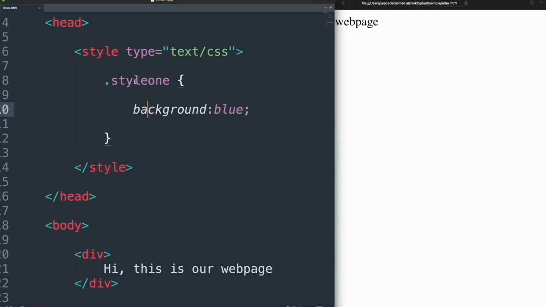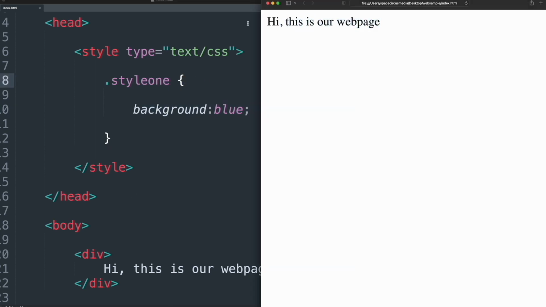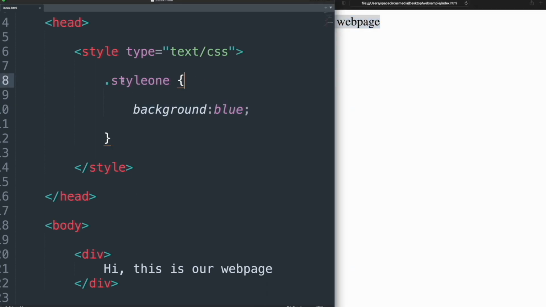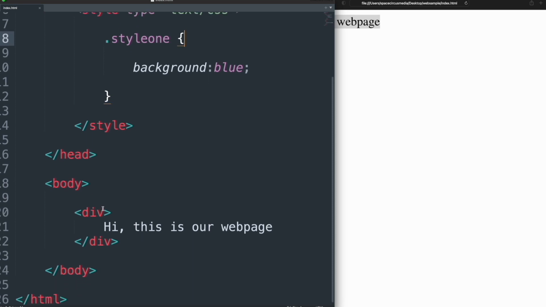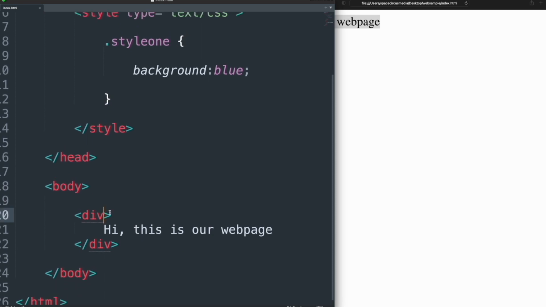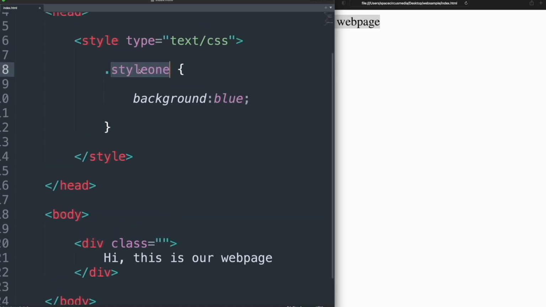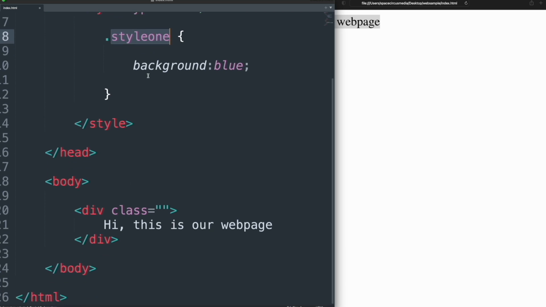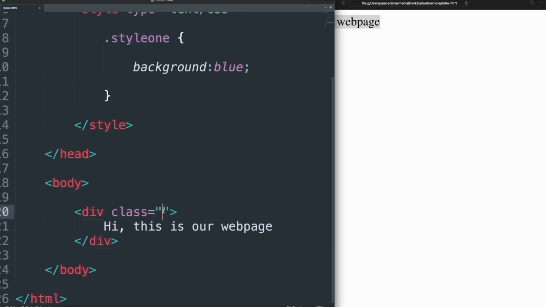Now, how do we make this style 1 with the blue background connect to this information? What we do is within the div elements, we write class equals, and these are quotations, class equals quote, and then we add the name. We come up here, we grab the name of this class. I'm going to copy it, or we can come back in here and type it, and then I'm going to